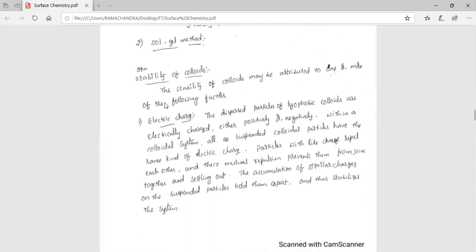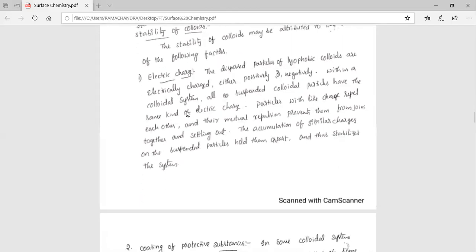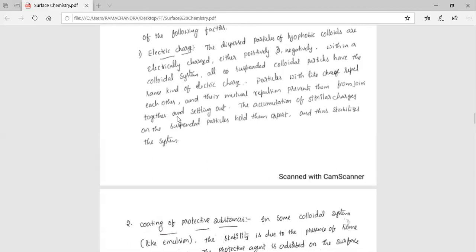So next we discuss stability of colloids. The stability of colloids may be attributed to one or more of the following factors. So let's see what they are. Electric charge. The dispersed particles of lyophobic colloids are electrically charged, either positively or negatively charged. Within a colloidal system,